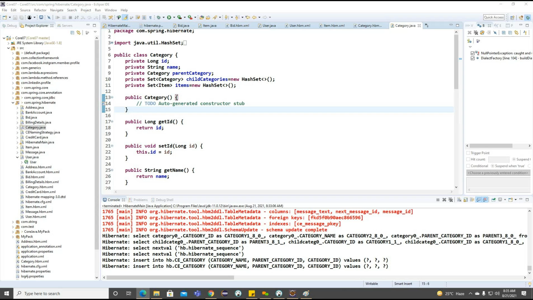Now we'll try to make the category, item and bid example after completion of the transaction. So if we want to create one more category, what we can do is go for the category and create the child categories, and we can store the data here. So session 1 and session 2 means like where you want to create. Sorry, session 1 and session 2.